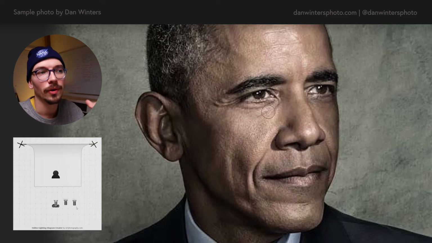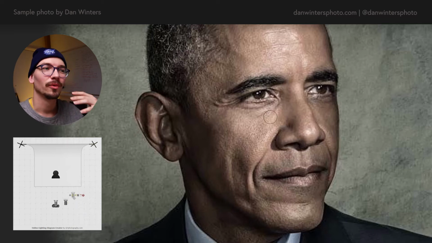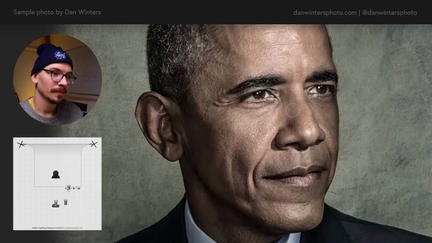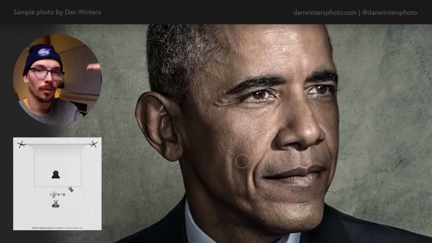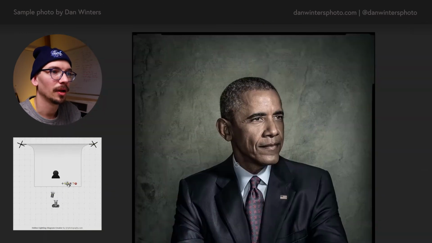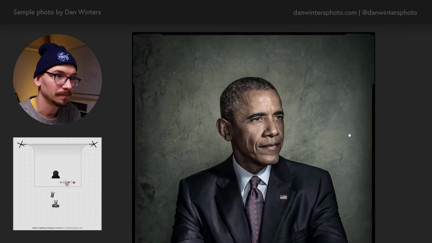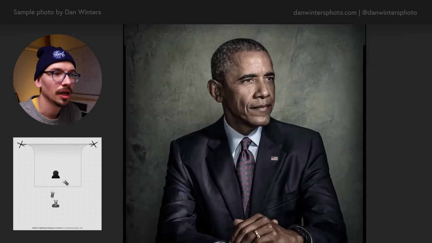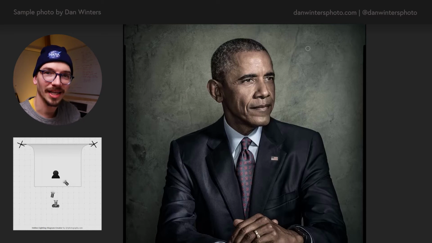If we look at the shadow around the eyes, there almost is no shadow, which means the light is at the same height. If we now look at this other light, we're getting a shadow below here and just some fill light, and I think it's likely just right above his head, casting a nice fill. And then we have more of a spotlight on him that's a little harder and more directional, coming in from the right side, just above his eye line.